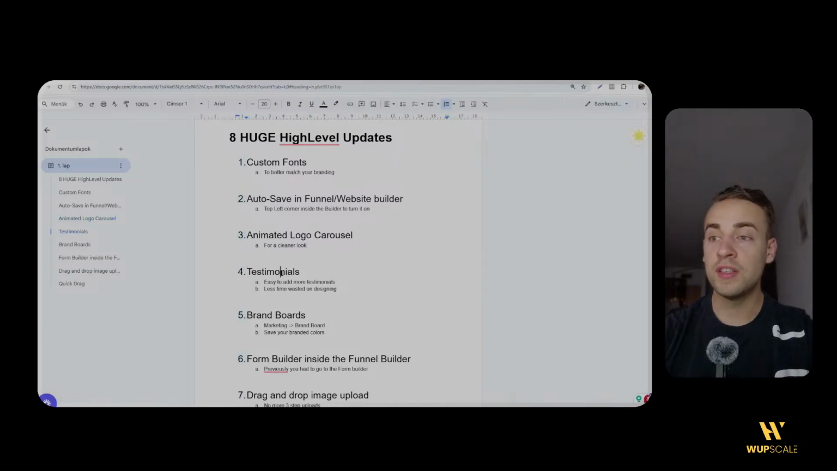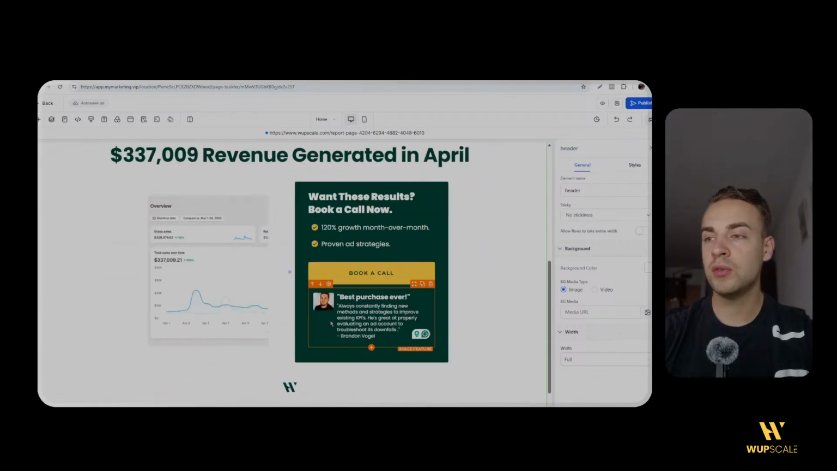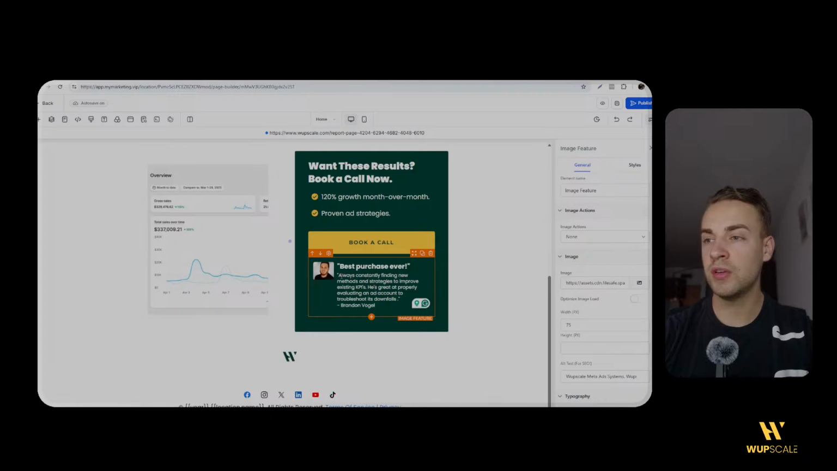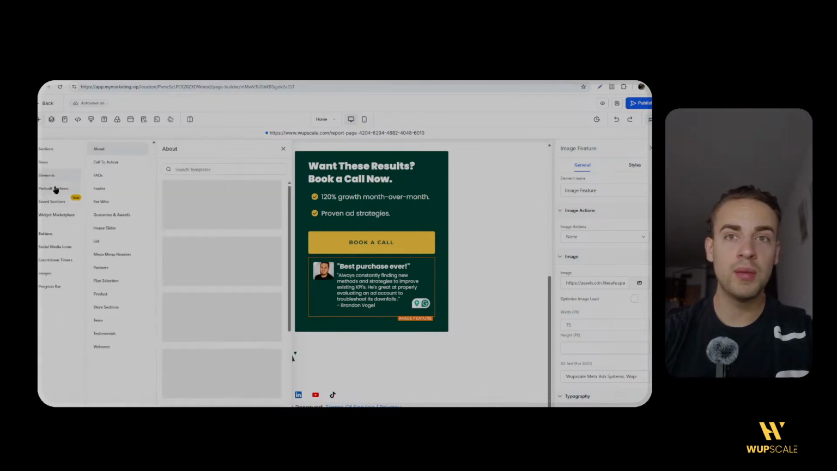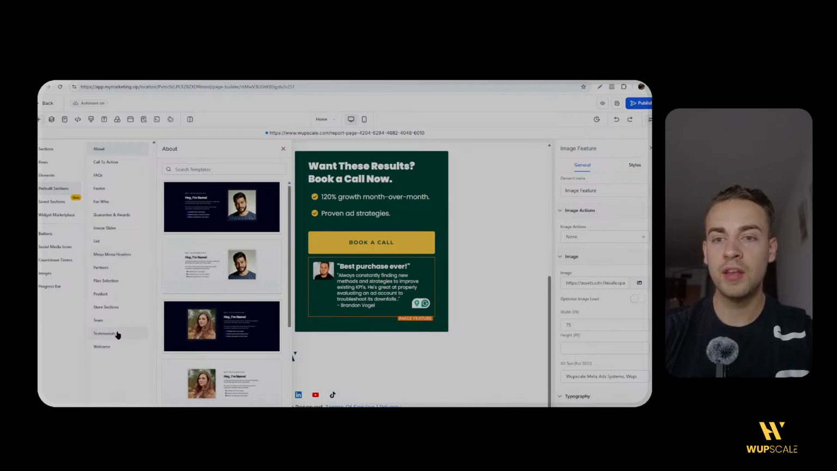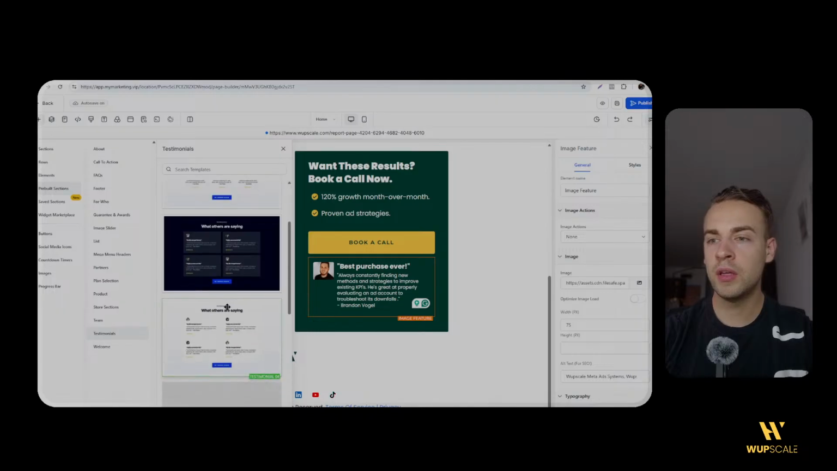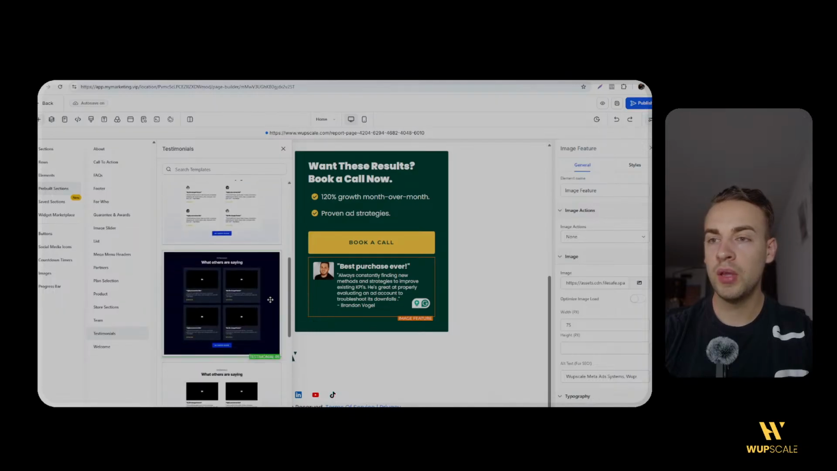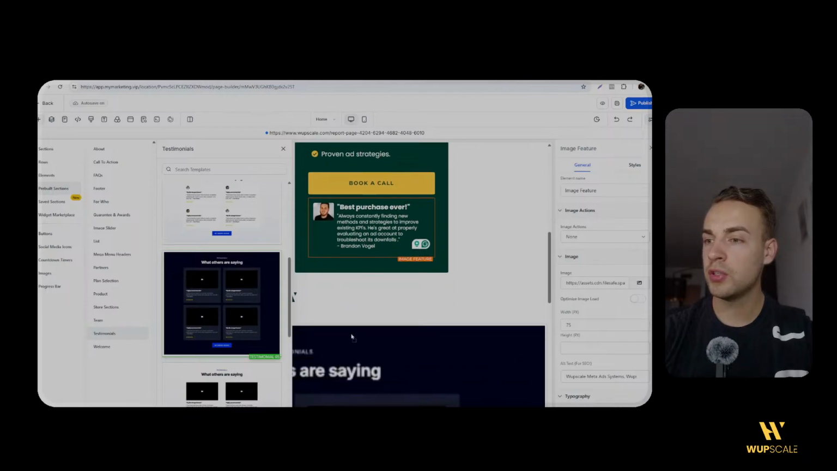Number 4 is testimonials. So again, previously, once you wanted to add some testimonials, you either had to do something like this one that I have, the image feature, or what I also used earlier is you go to add elements, and then again go to the pre-built sections, and then you have testimonials. So here you could select, okay, maybe I like this layout with the fold testimonials, so I just drag it